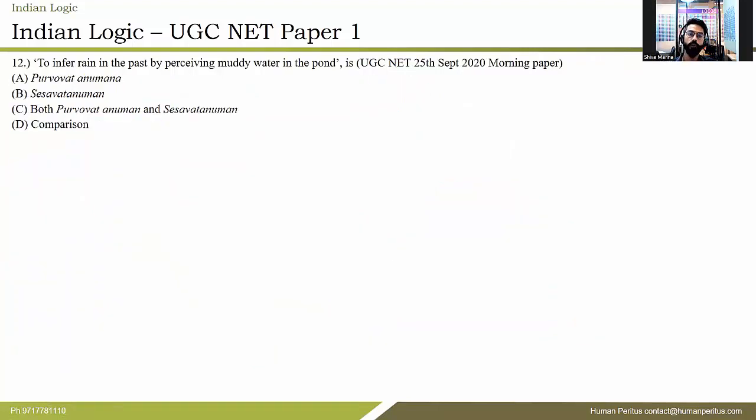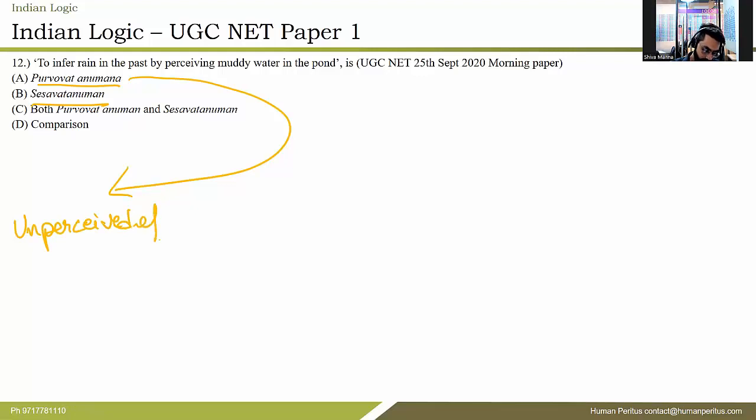The next question is to infer rain in the past by perceiving muddy water in the pond. Now, here I want you to understand both the terms which are mentioned in the question. Purvovat Anumana and Sesavat Anumana. Now, what do these terms actually mean? What does Purvovat Anumana actually mean? Purvovat Anumana actually means